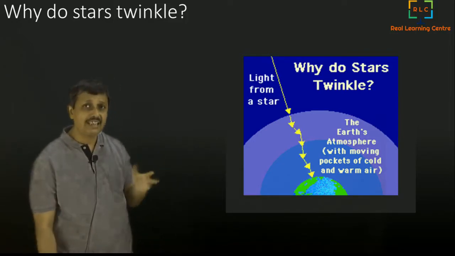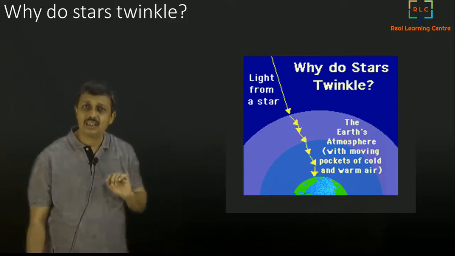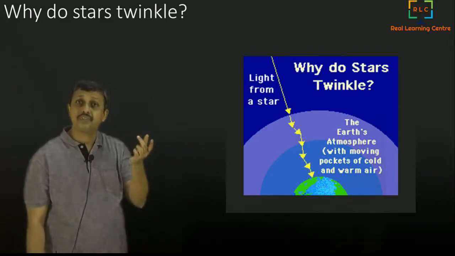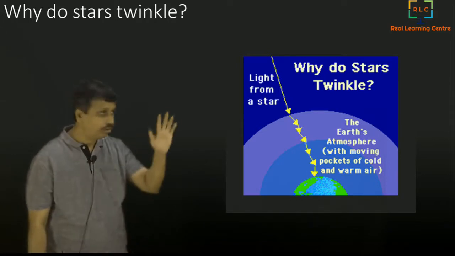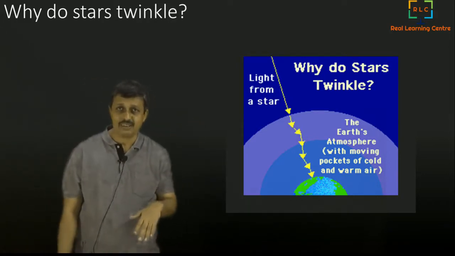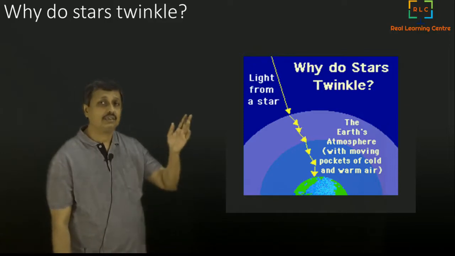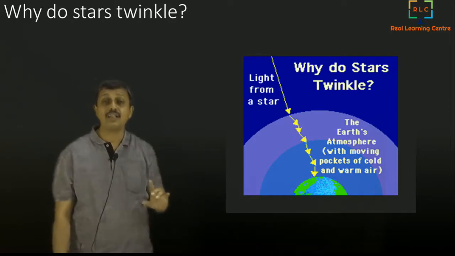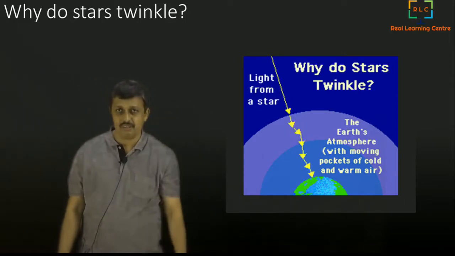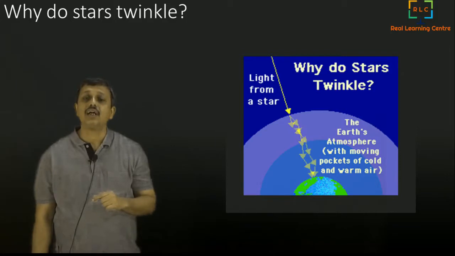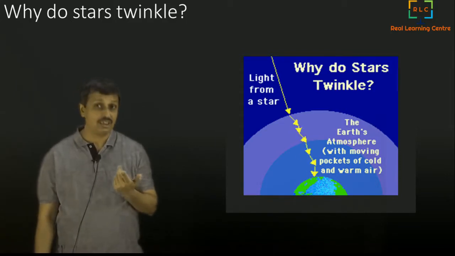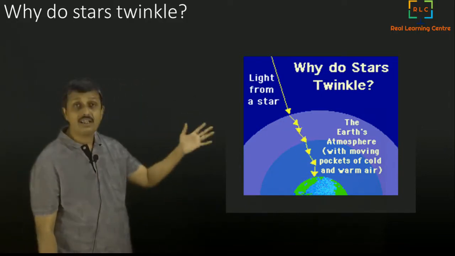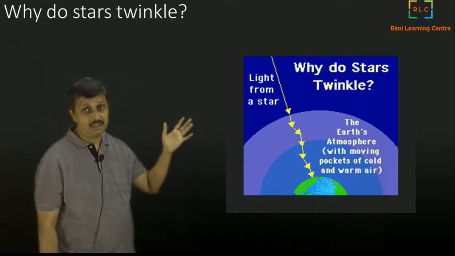Whereas planets are a little bit more circular in nature, and you can see the light coming from both sides. Even those lights are also deflected like this because of the refraction. But since it is slightly bigger, we will see that its size is slightly varying, but it is never going to be moving so much. So that is why planets don't twinkle and the stars do. Okay, that is all because of the refraction which happens in the atmosphere